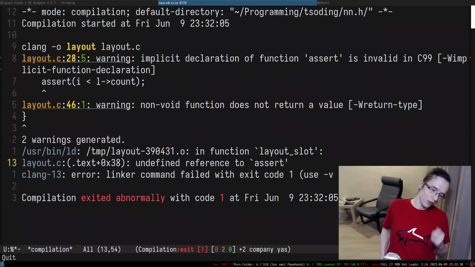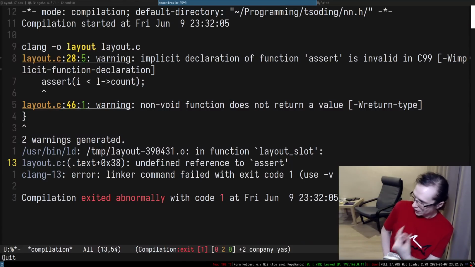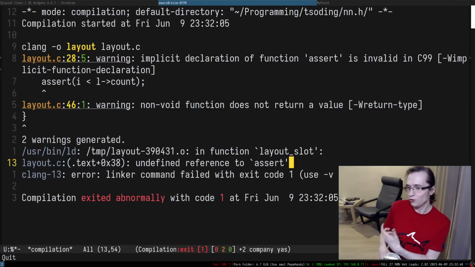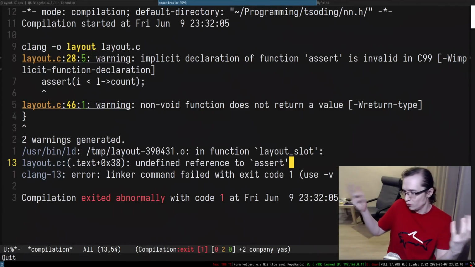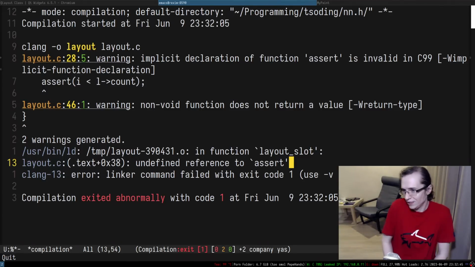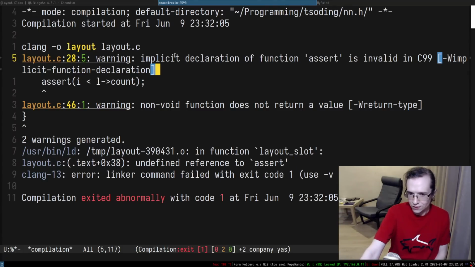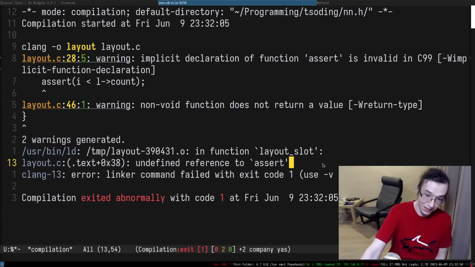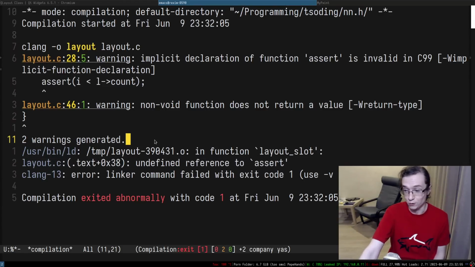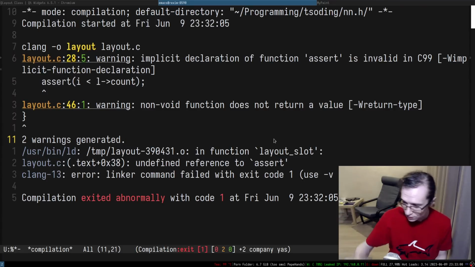Maybe because assert doesn't actually exist in a library, it's a macro, but since this macro was never defined, the compiler thinks it needs to find this function from linked libraries, and it can never find it. I guess that's why it says implicit function declaration, but there is also no such function because it's probably a macro or something like that.